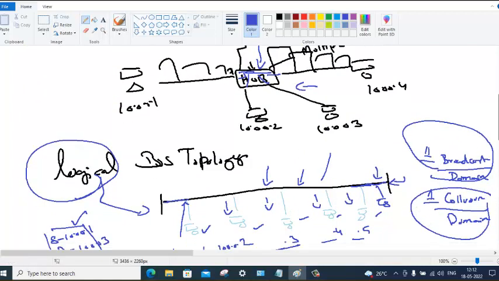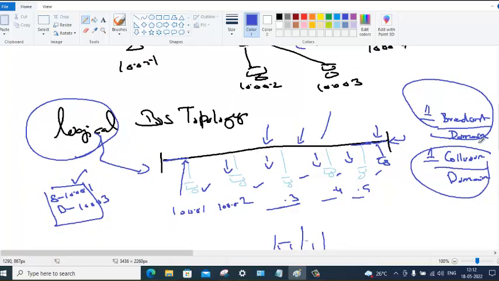With that one road only, you have to avoid collision. If you want to go anywhere, you have to go only via that one road, one broadcast domain. Broadcast means what? Going to everywhere, anywhere. Anything that is sent to that backbone will go to everyone.